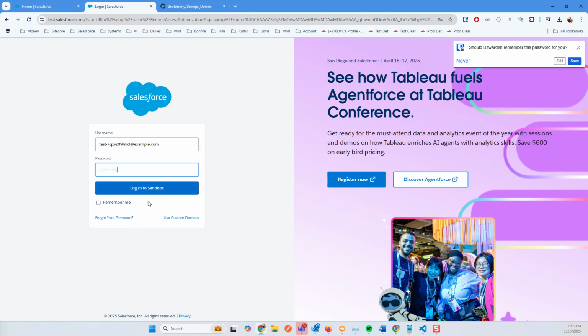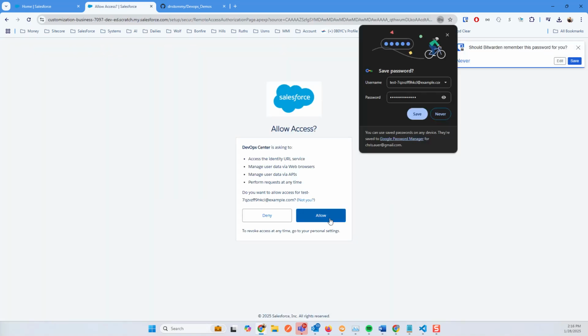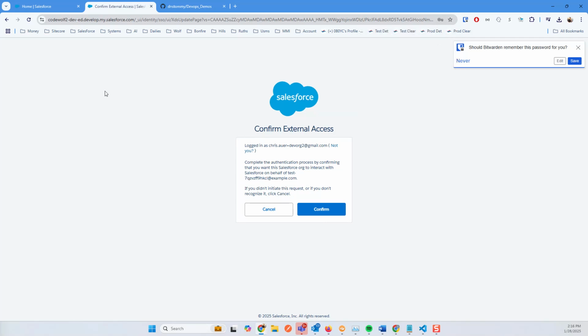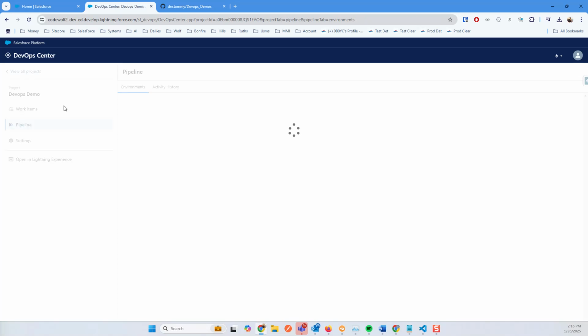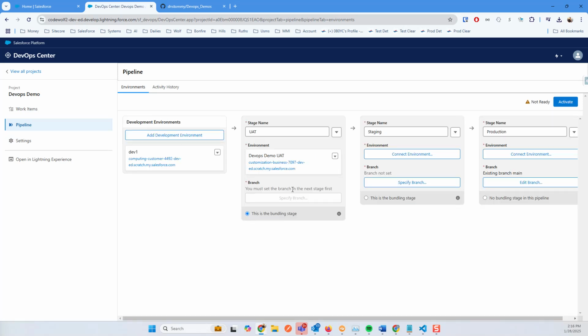I've caught myself clicking away several times while configuring these and being stuck in a loop. There we go. So it comes back. So now our second environment is done. We're going to wait for it to specify that it's there. Okay. And then we're going to connect to